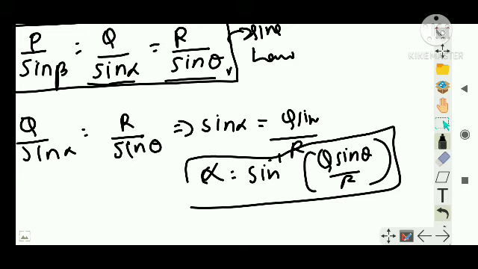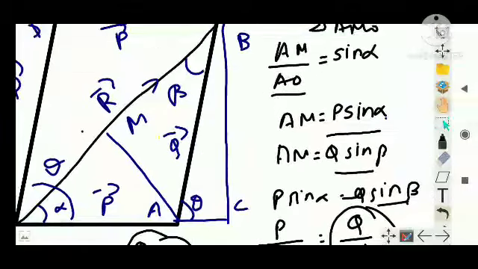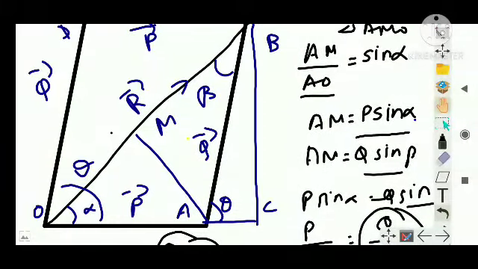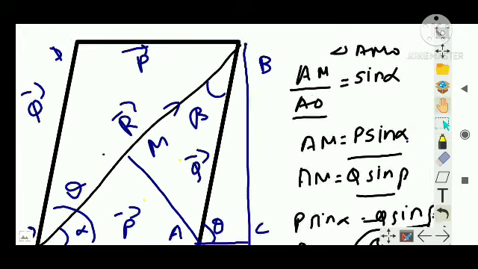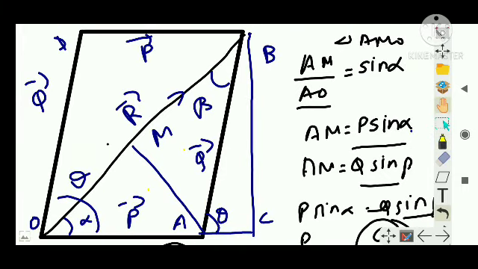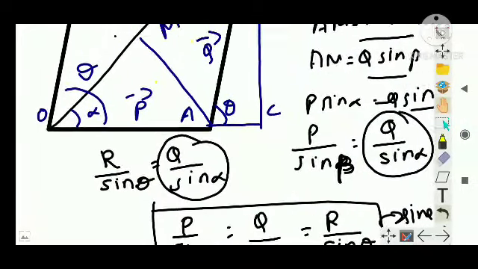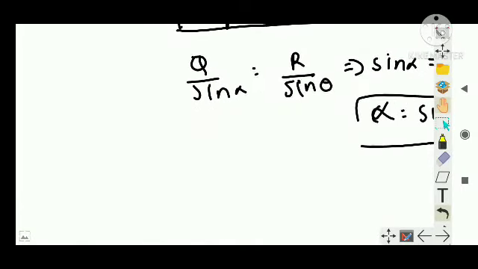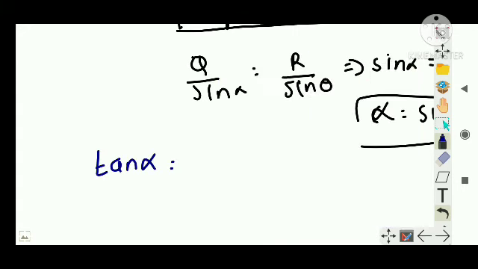Now this is one way. Now there is another way. See, what can I write regarding tan alpha? With this triangle, let me make it in another color. This triangle is OBC. O, then B, then C. So OC is made up of OA and AC, right? So there I am going to write tan alpha is equal to BC, that is the opposite side, divided by the base, that is OA plus AC.